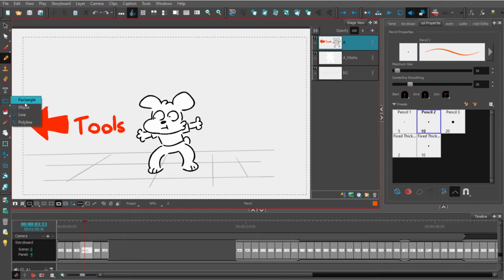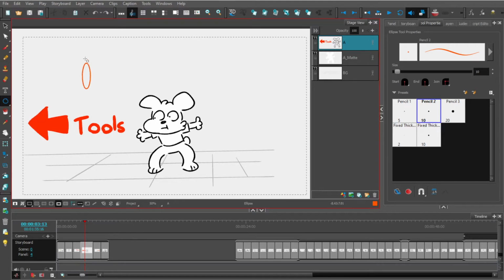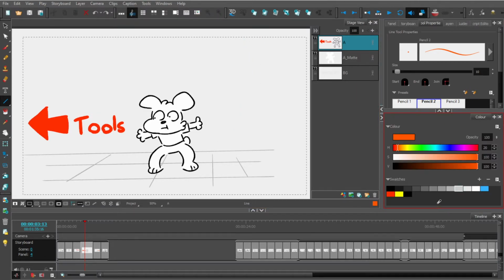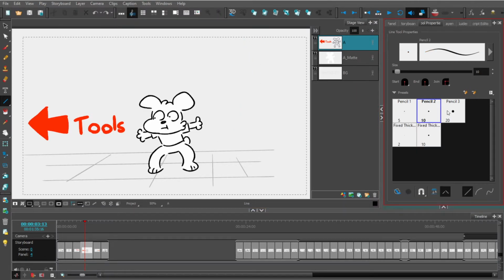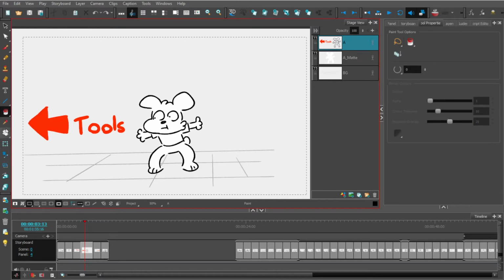I think the pencil tool is useful if you are animating in Storyboard Pro, but it's not necessarily useful for doing boards. I don't think the line quality matters too much. But if you're doing an actual final product within Storyboard Pro, I would say it's still useful. And then your shapes. You've got the bucket, which again I don't really use,